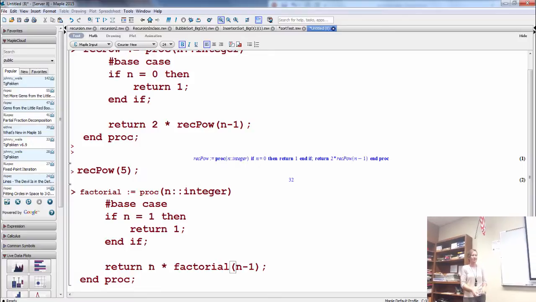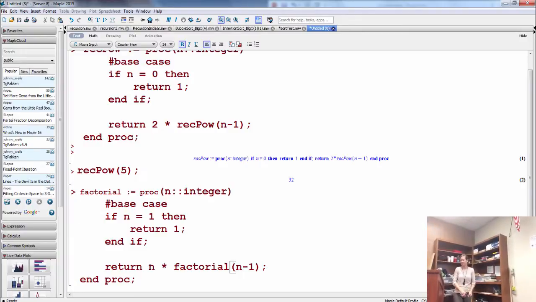Now, factorial is one of those classic recursive algorithms. You guys should know how to write this, no problem. Interview question, right? They will ask you to write this on the whiteboard. You should be able to write this lickety-split. So make sure you understand what factorial is and how to write it recursively.